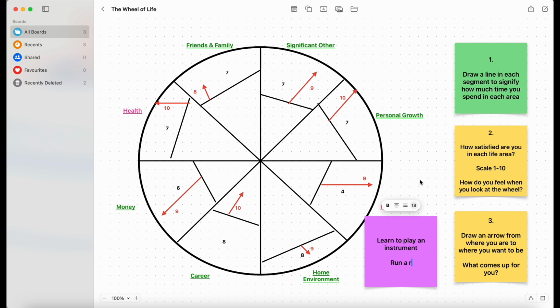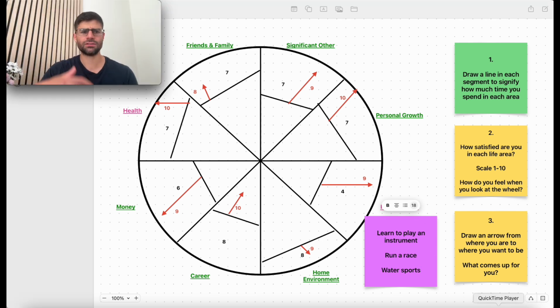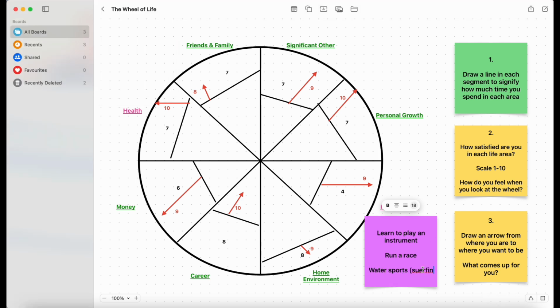Run a race. I used to run quite a bit. Maybe I can take that back up as a way to break up my routines, a goal to shoot for, because I like aiming for a goal. And also, you know what, water sports. I really enjoy water sports, but I don't really get the opportunity where I live to do that. So I think maybe surfing, I did that once and actually really enjoyed it. So can I take up surfing on a more regular basis, even once a month? That's good. Once a month, if I can spell. Okay, next one,